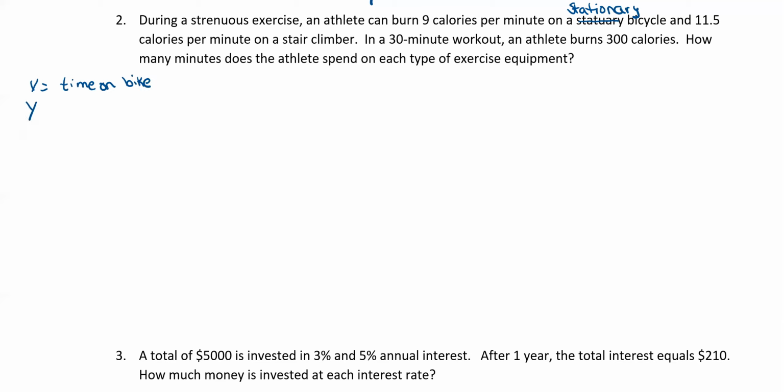And Y can be the time on the stairs. We know that in a 30-minute workout, the time on the bike plus the time on the stairs is equal to 30 minutes,